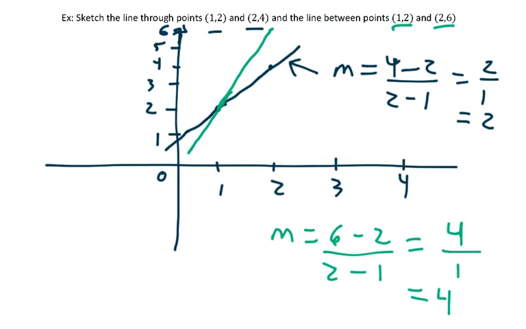So the green line, I'm not sure what the other color is, I guess we'll call it almost black, the green line has a bigger slope. Both of them have positive slopes. What you should notice is that